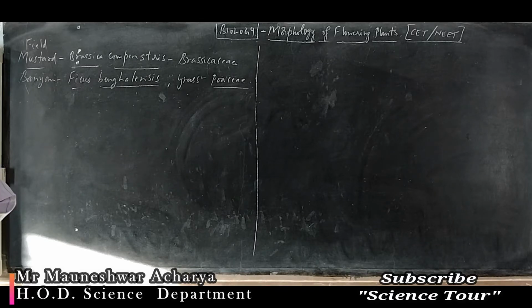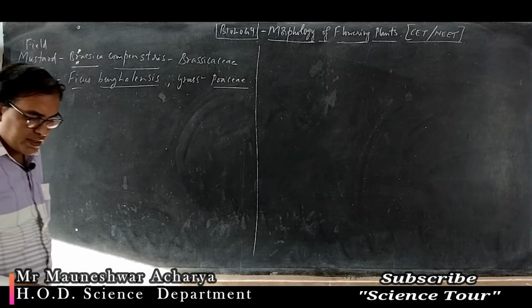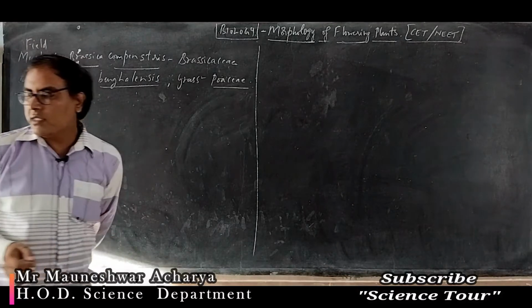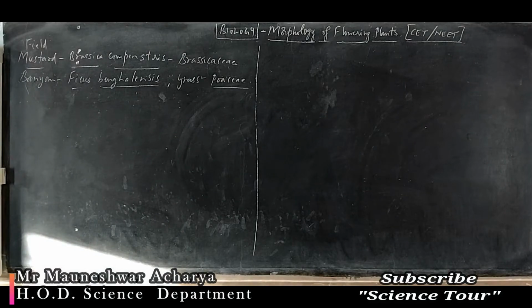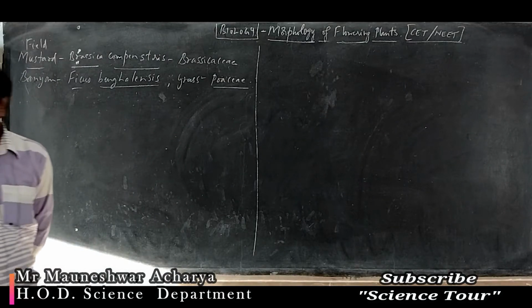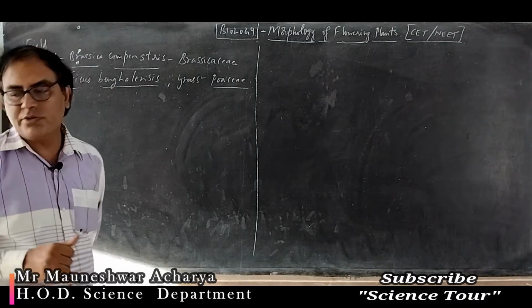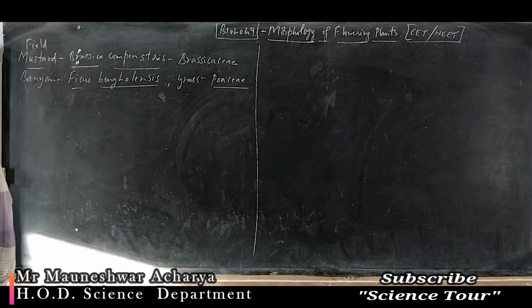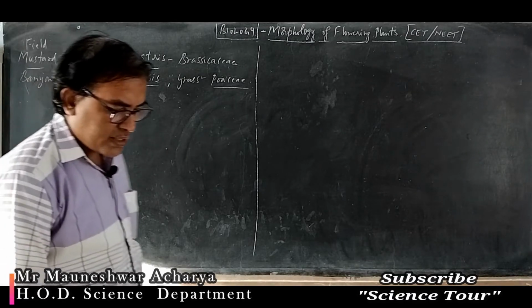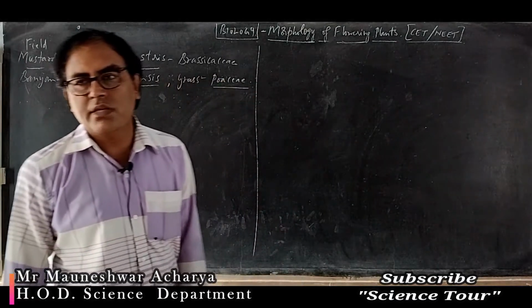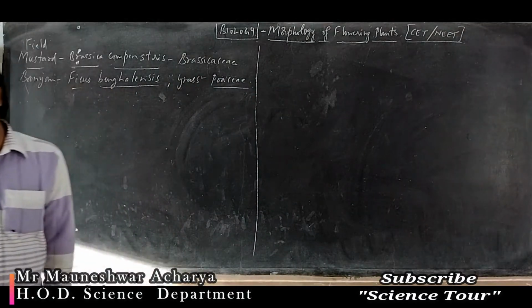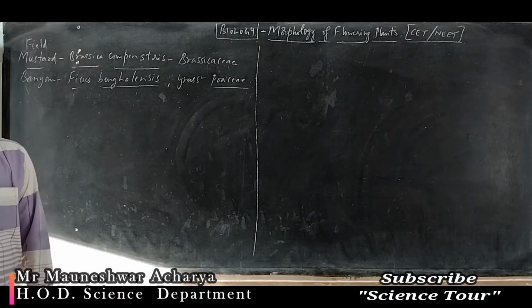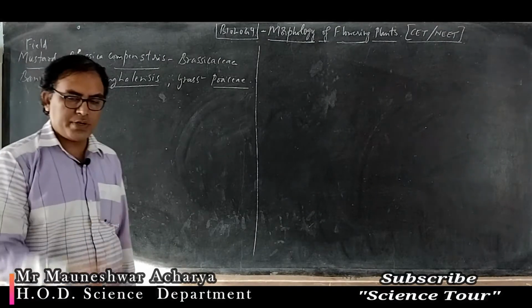Next, there are different regions of roots. The root tip is well protected by the root cap. Then they have three regions. You already studied: region of meristematic activity, region of elongation, and region of maturation. I am not going into the details of this. Then you also already studied some modifications of the roots, like prop root, then stilt root. Prop root you have seen in case of banyan, which gives anchorage and support.